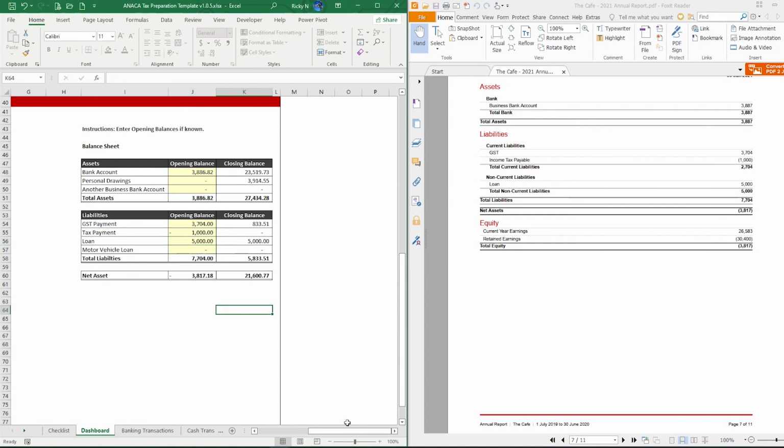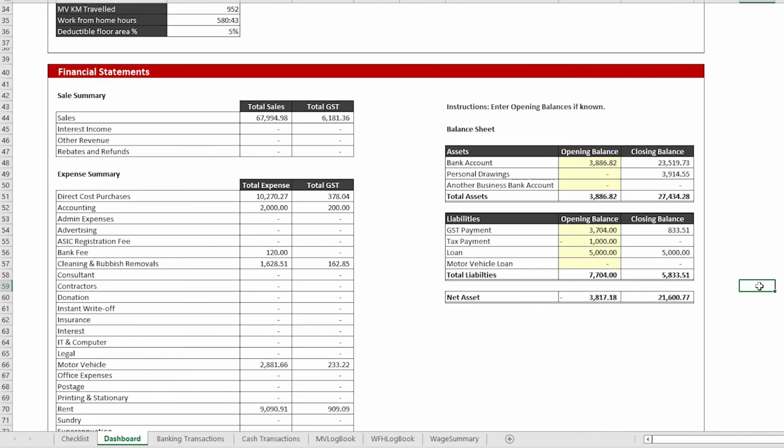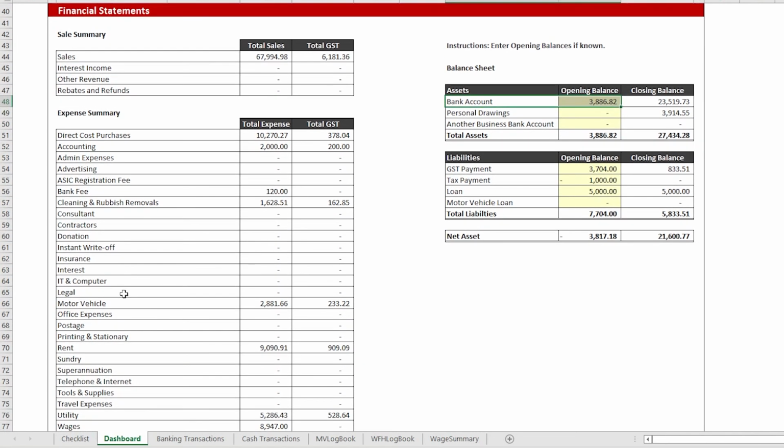Right there. Now, what's strange to me is the net asset of a negative $3,800, and I suspect that that's because we didn't put in the motor vehicle. So the assets here only list out the bank account and nothing else. But we have motor vehicle expenses. So how can you have a motor vehicle expense and you don't have the asset?